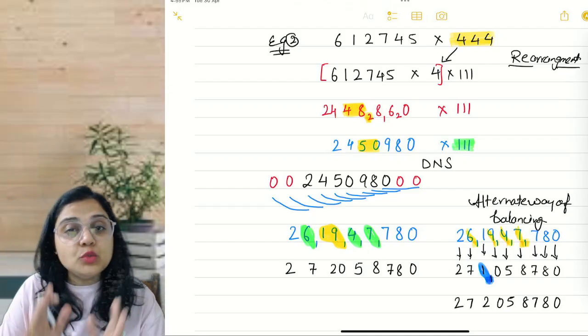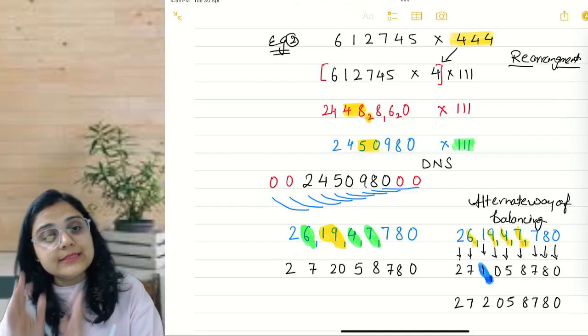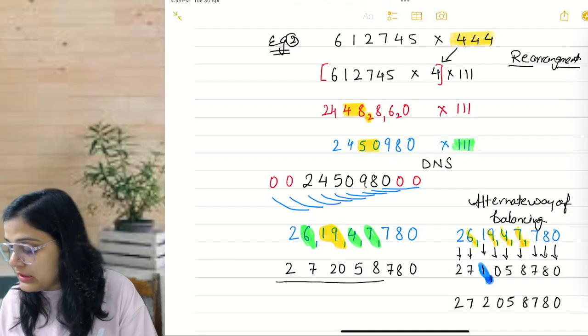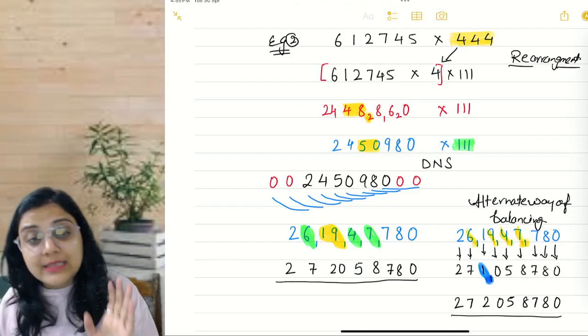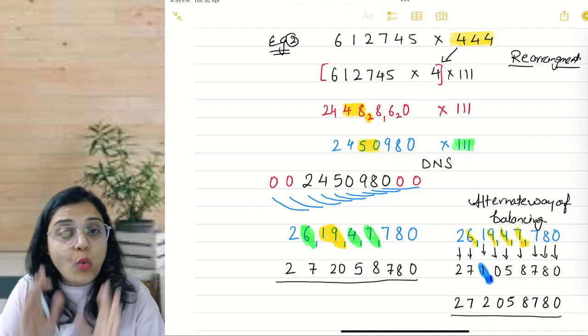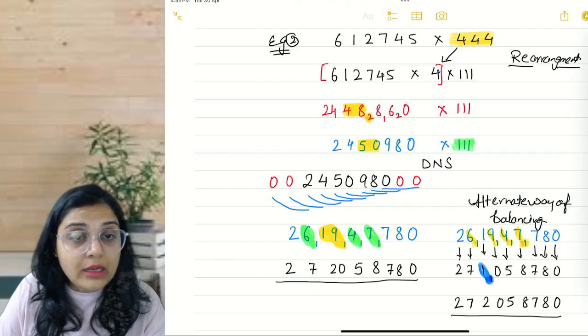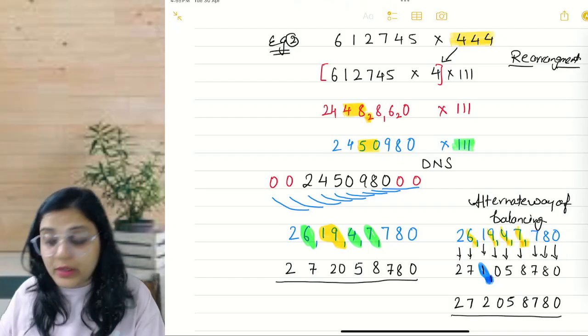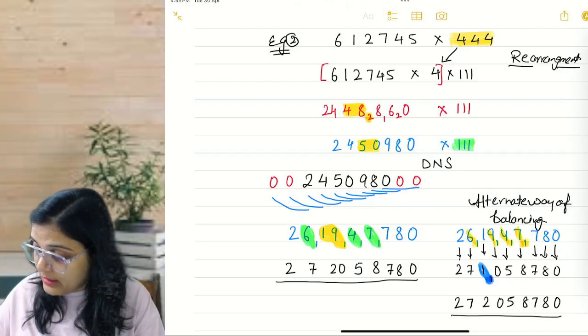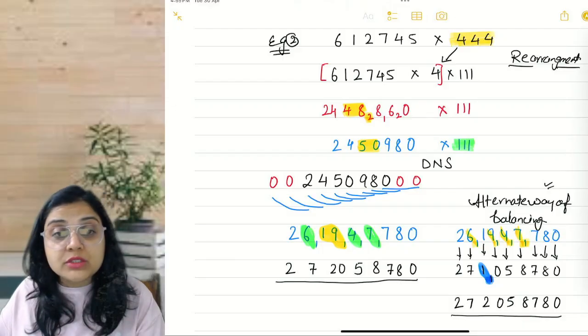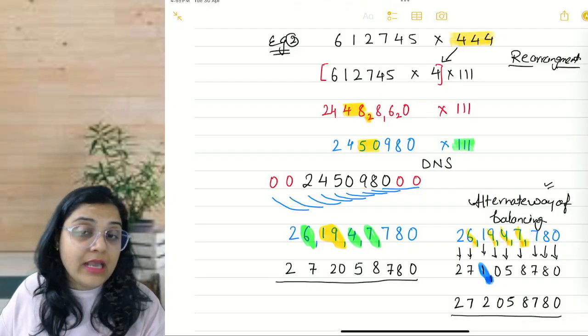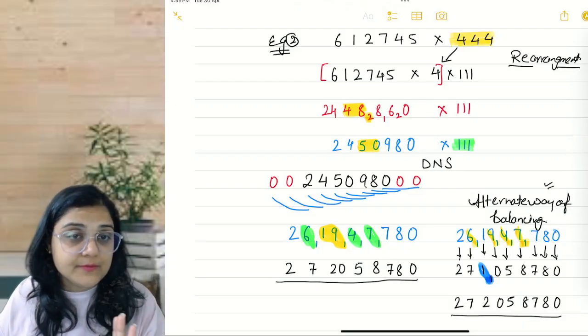So these are the two different ways, but you are getting the same answer. The answer here and the answer here are the same. So what I did in the left one and what I did in the right one: in the right one, I have used the balancing step by step. I have done the balancing in 2 steps.